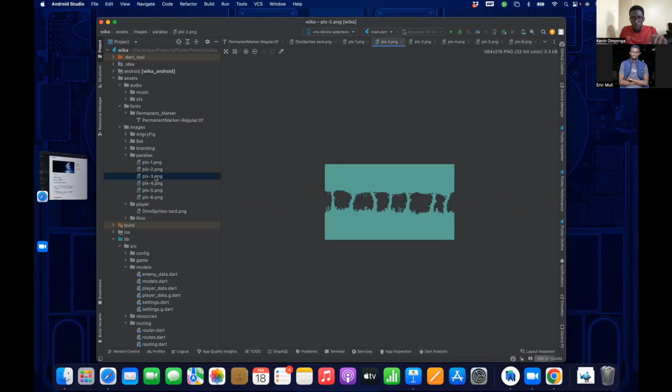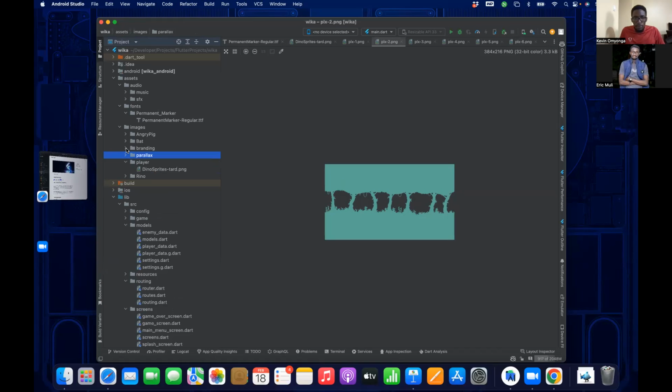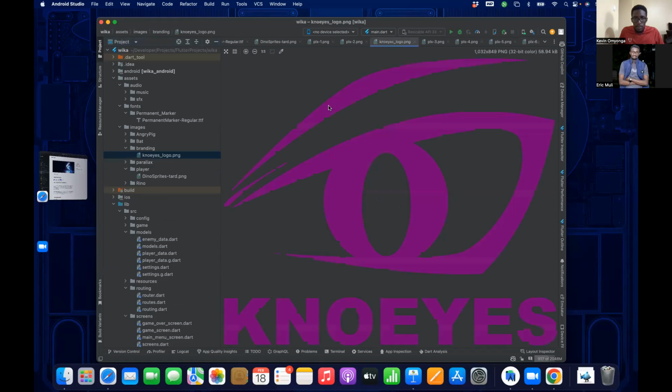So once the game starts running, you'll be able to see how they all interact with each other to give you that effect, like the background is moving as you walk. And then it loops over itself continuously so that you can give that effect, like you're actually moving forward. And then the branding is just the company logo.